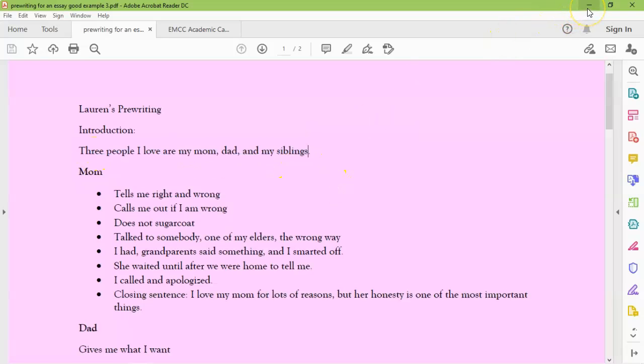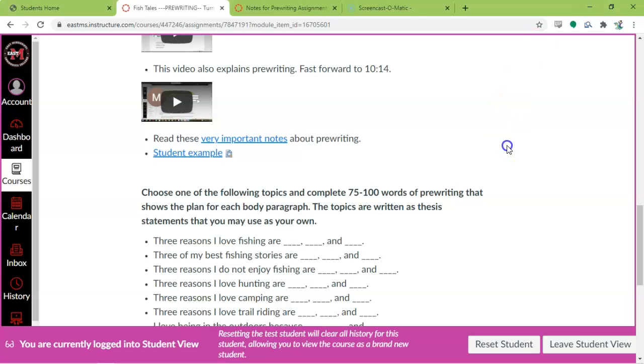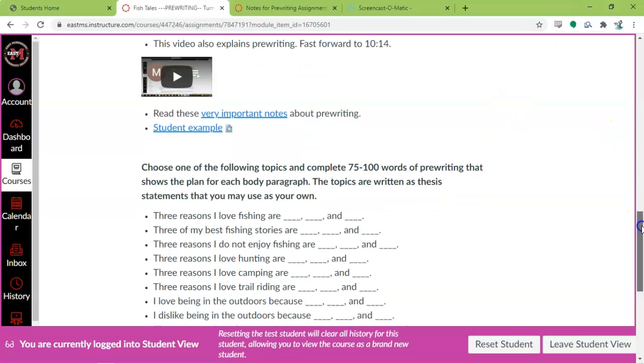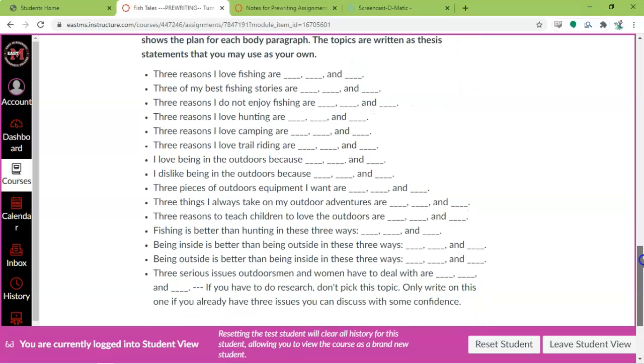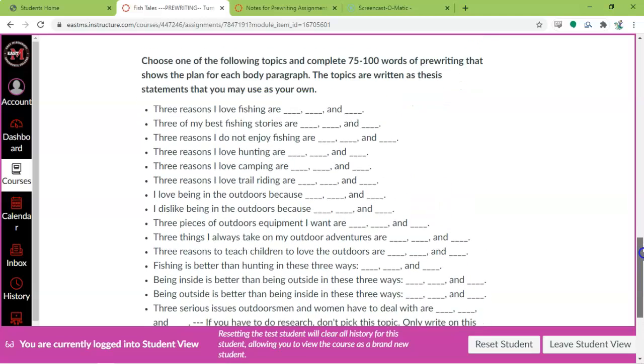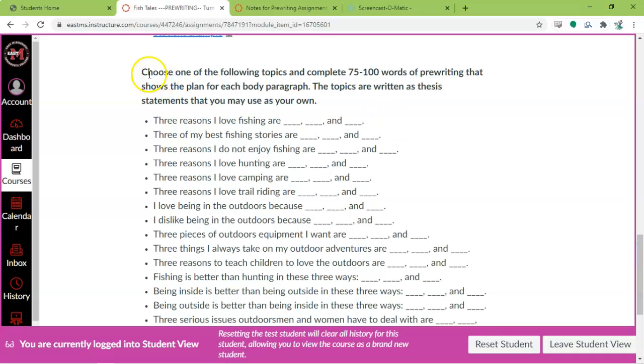So let's get back into the instructions and see all these thesis statements. Whoa, that's a lot of them. All right, so this is what you're going to do. Choose one, just one, of the following topics and complete at least 75 to 100 words of pre-writing.